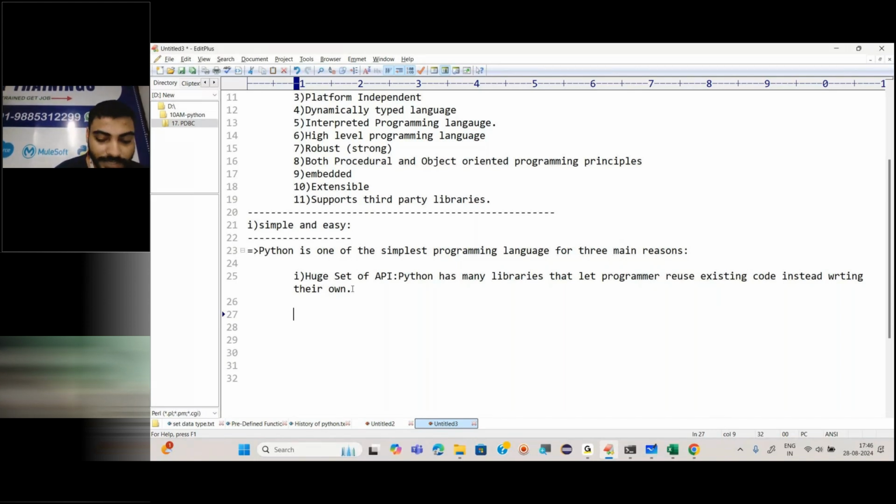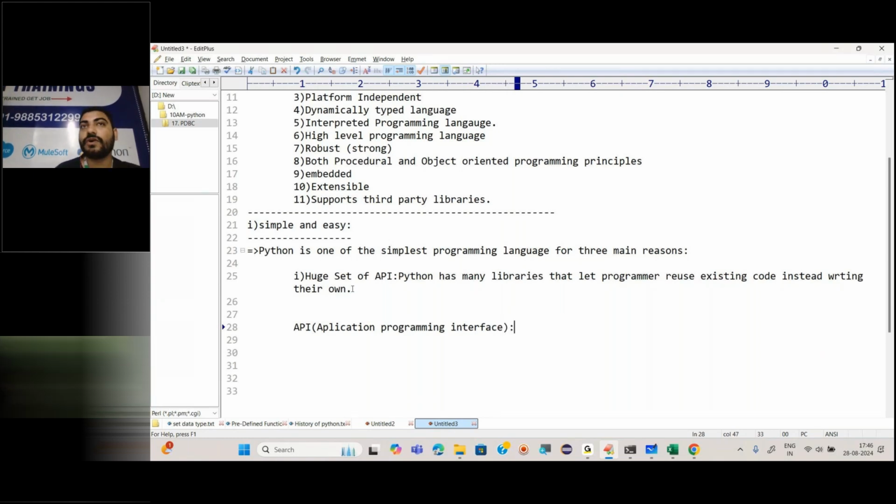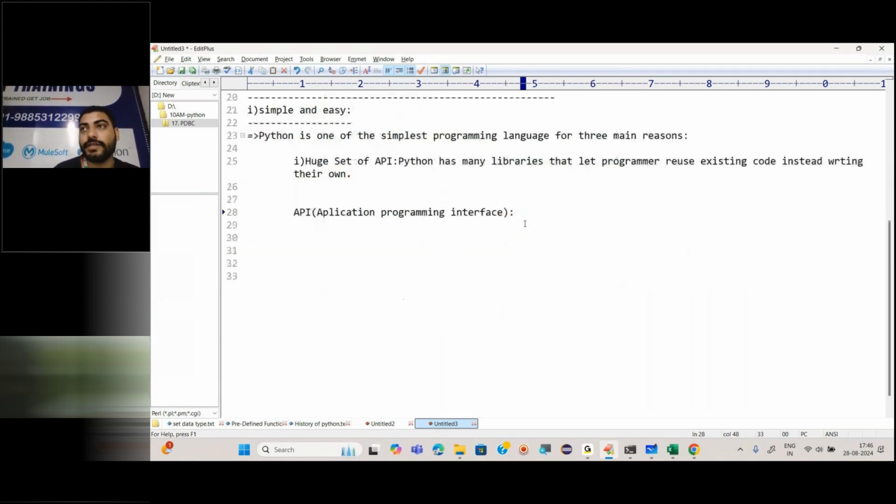Okay. So now what is API? We call it API; now tell me the full form of this. Application programming interface. What is the use of this? What does it do, or what is it actually? Okay.